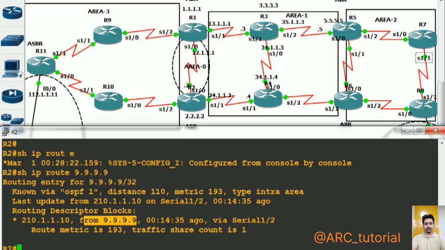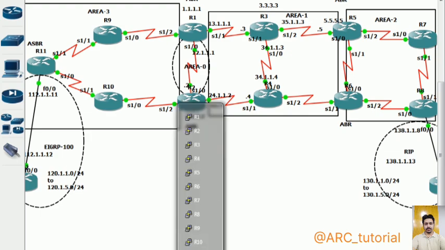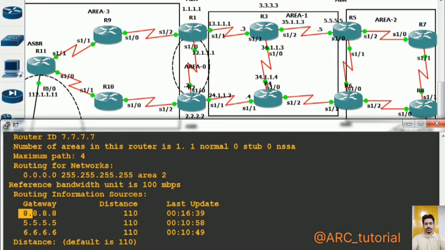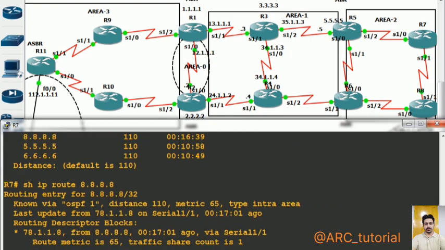Even if you move on R7, see how many routers are participating in area 2? 4. It means R7 is getting information from 4 routers. So that is why if you move on R7 now, and if you configure this command, show IP protocol, gateway of information, 3 routers, because it is getting router addresses from 3 routers, 8, 5 and 6. You understand? So in routing table also, if you see routing table in detail, like show IP route 8.8.8.8, it will show you from 8.8.8.8. However, even if you check the database,